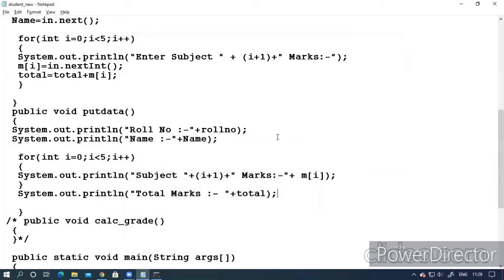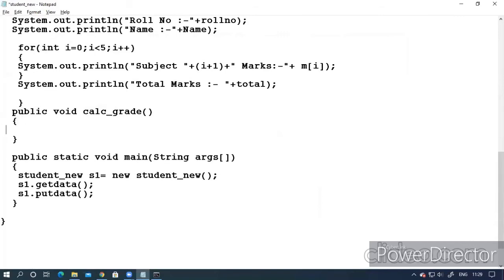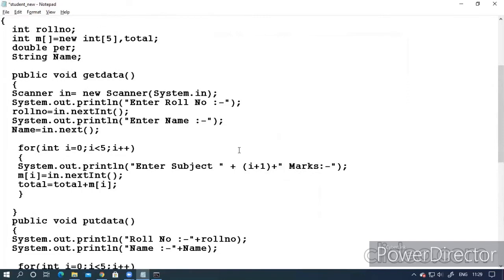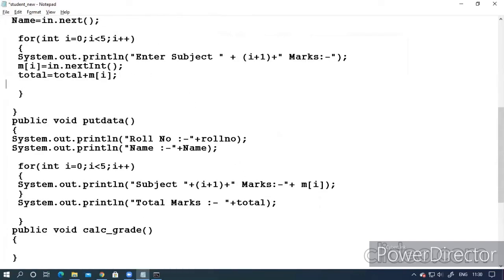The last work left is that I have to calculate the grades. So how will I calculate grade? I will activate this function, calculate grade. You can calculate the total percentage also in this, PER.